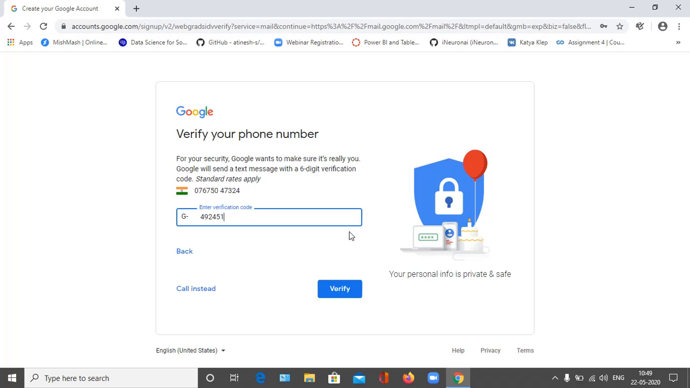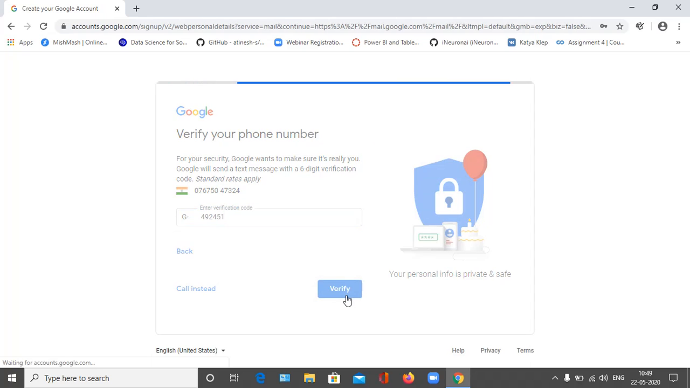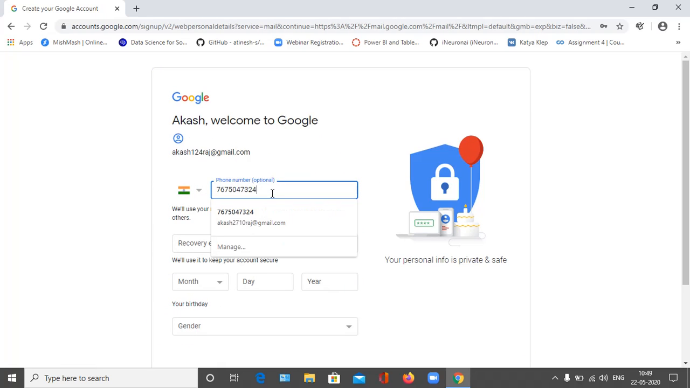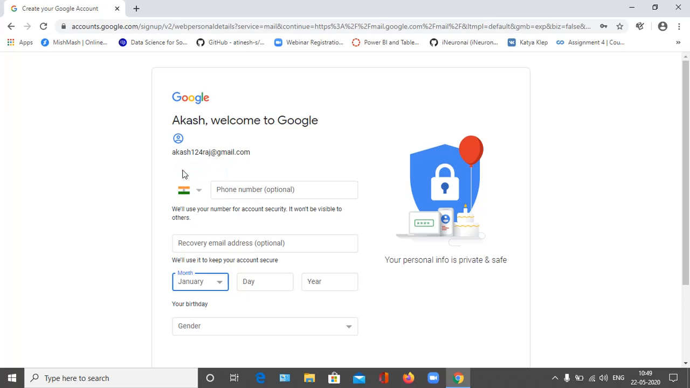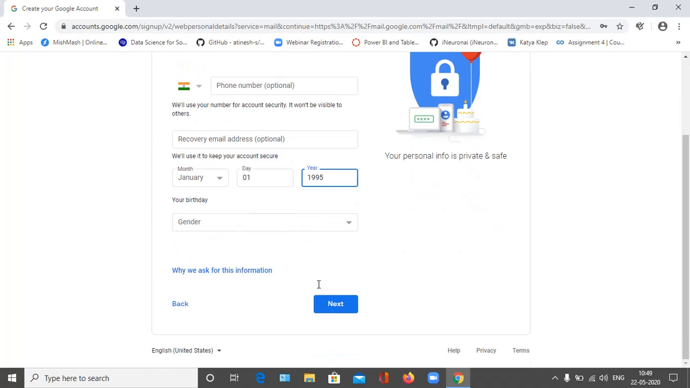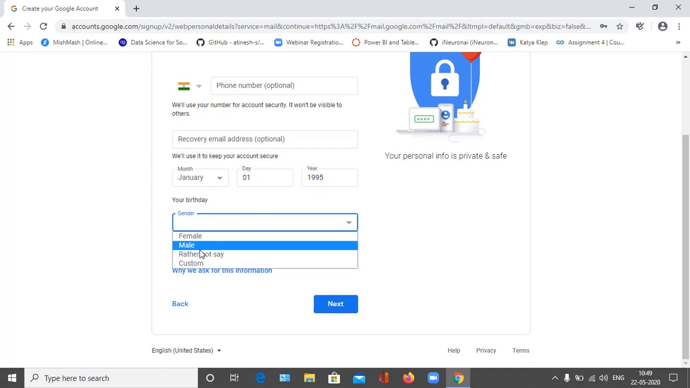492451. Click on the verify button. If you want to add your number to your account, you can add it here or just leave it, because it's optional. If you want to add a recovery email address, you can enter it here, but I will leave both blank. I'm entering my date of birth here, and after that my birth year. I'm entering randomly. I'm selecting my gender. Click on next,